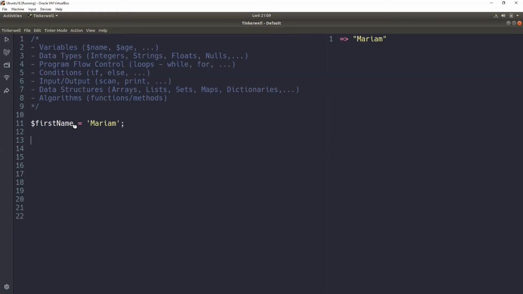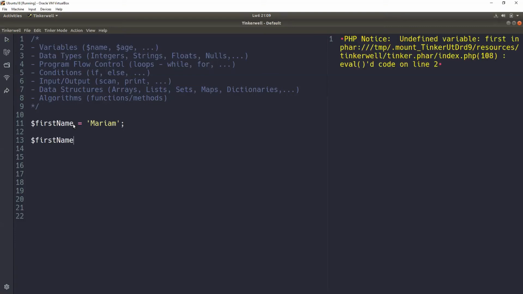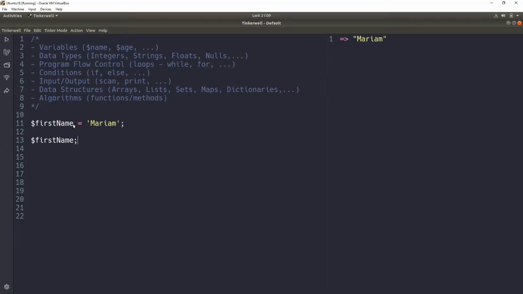So whenever we want to get what we stored from first name, we just need to call the name of that location, because we called that location first name. And then the word echo means print it out.